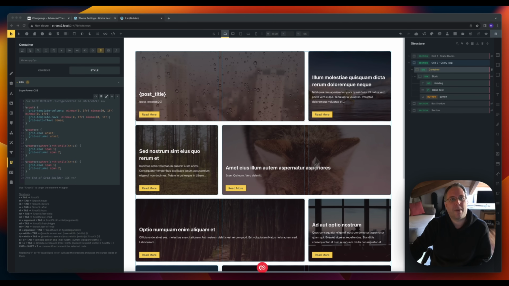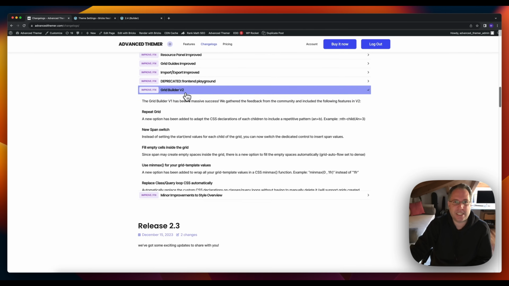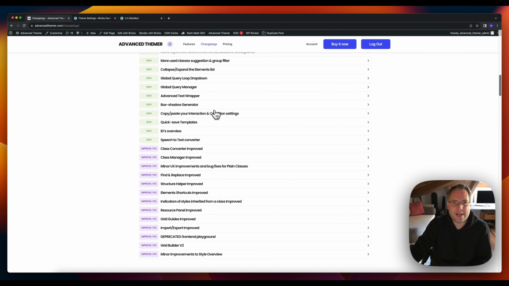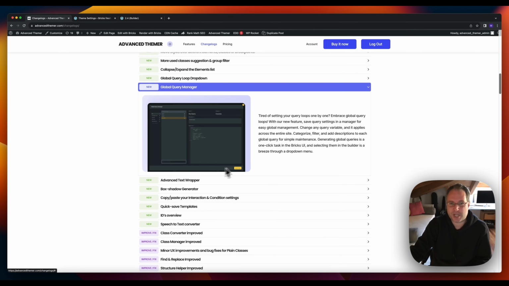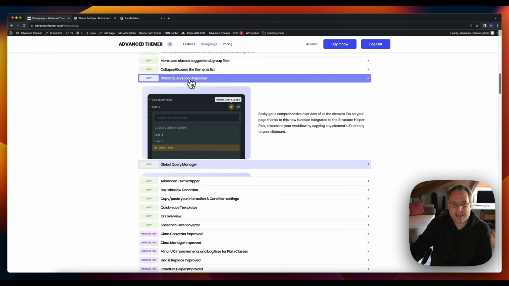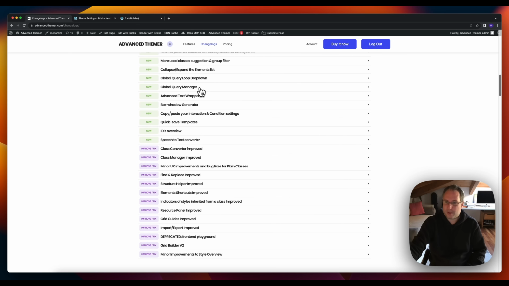Okay, let's talk about the new feature in Advanced Themer 2.4, which is the new global query manager, which, as you can see from the thumbnail, is really similar to the class manager of AT, and the global query loop dropdown. So basically, this opens the way to global query loops